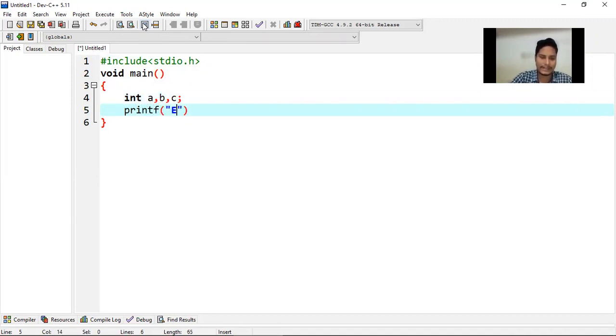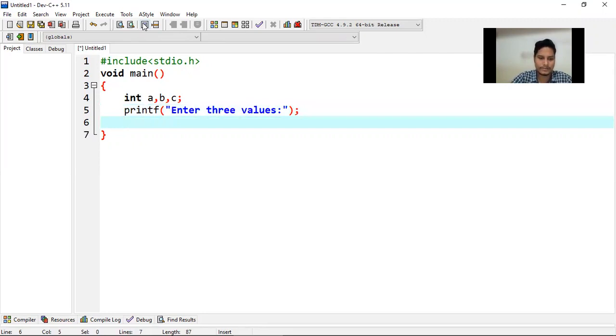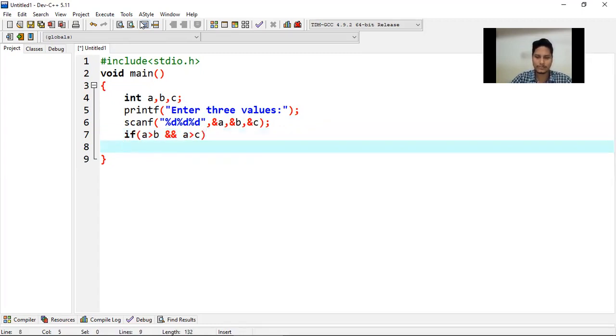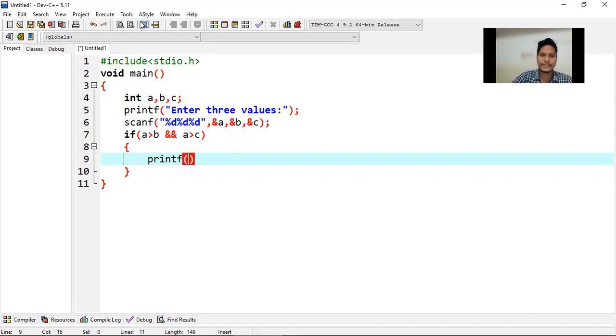Then within the printf function, I'm writing "Enter values:" semicolon. Then scanf, double quotation %d %d %d, comma &a, comma &b, comma &c, semicolon. Okay, now I'm using the logic: if a greater than b and a greater than c, then in the printf statement I can write "%d is largest",